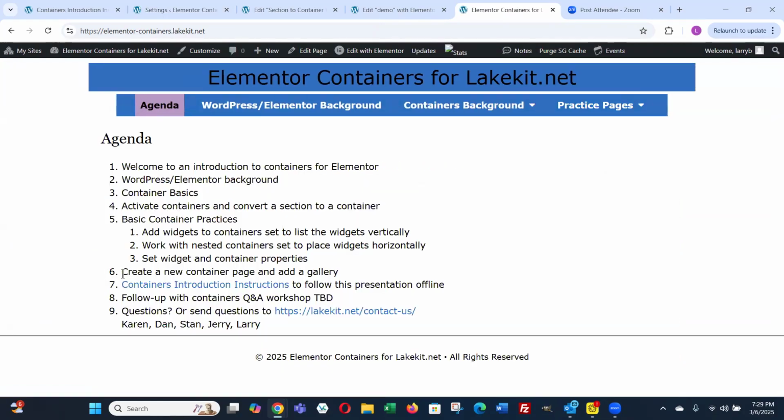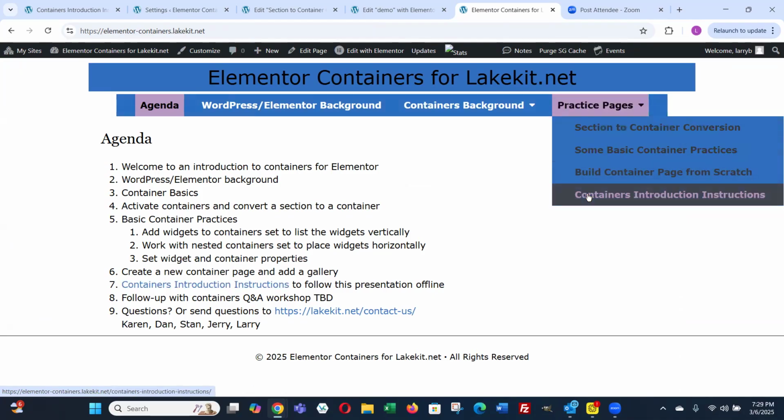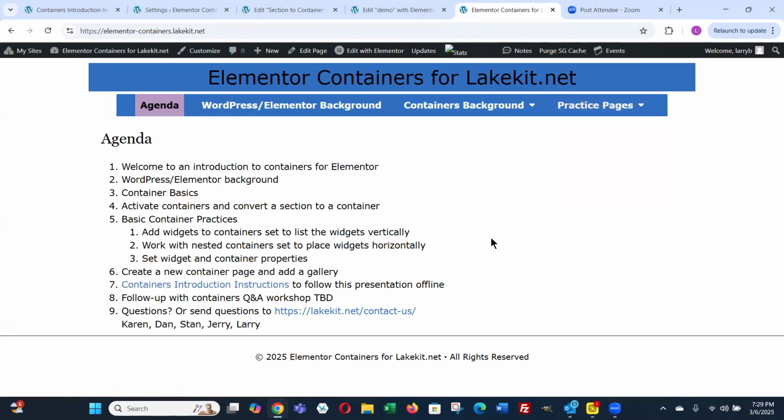We've just gone through number 6. I've showed you the containers instructions that you can access up here under the practice pages. If you want to follow through what we've just done on your own, using that should be helpful written instructions. As I've mentioned, we will follow up with a containers Q&A in several weeks.